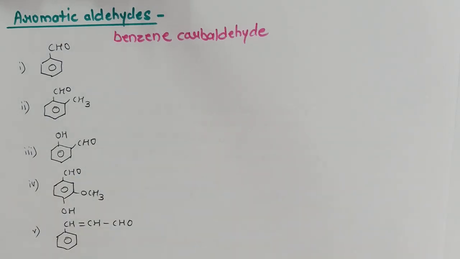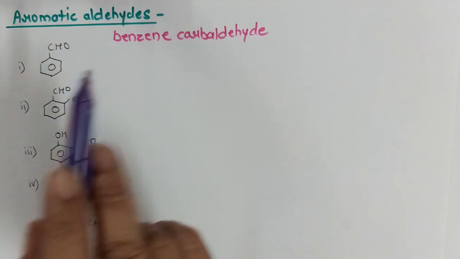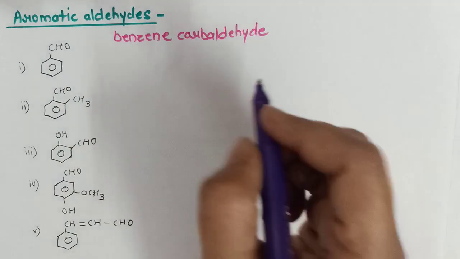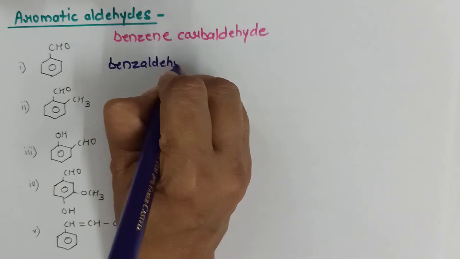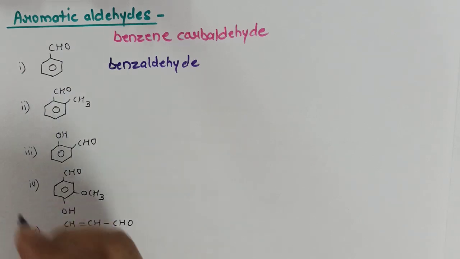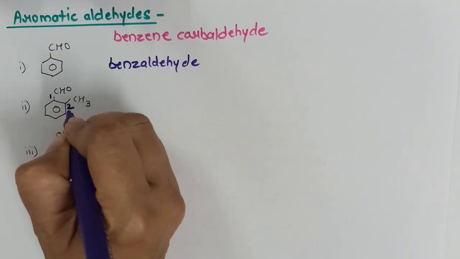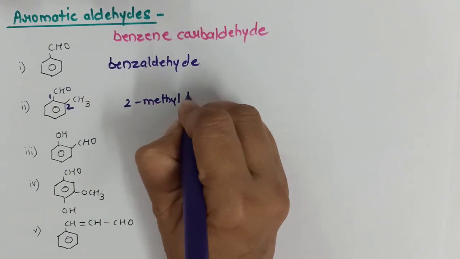If we discuss aromatic aldehydes, IUPAC says that aromatic aldehydes are basically named as benzene carbaldehyde. This is a basic benzene carbaldehyde and it is also known as benzaldehyde. And this is the most accepted name. So let us now try to solve some examples which are substituents or derived from benzaldehyde itself. So this is numbering 1, 2 and therefore this will be named as 2-methylbenzaldehyde.